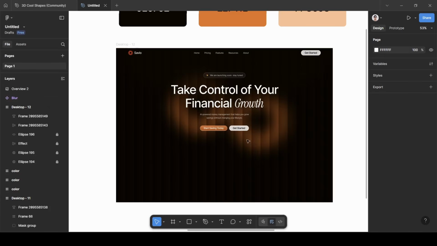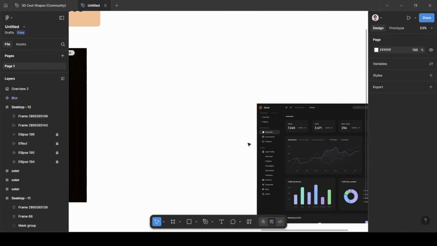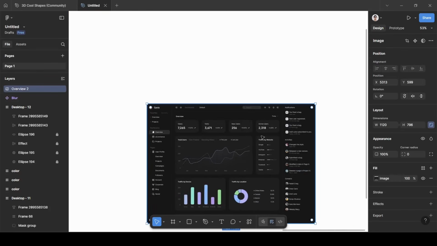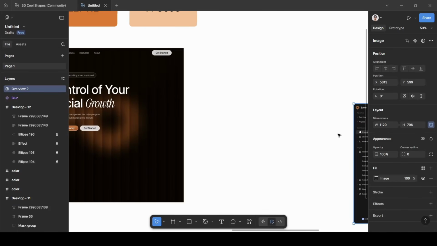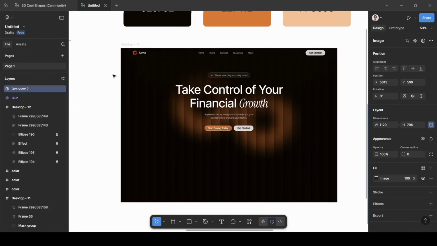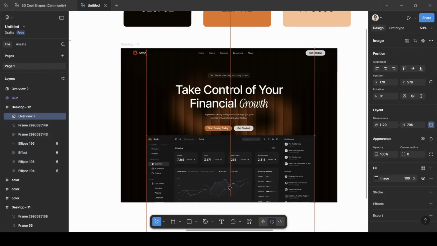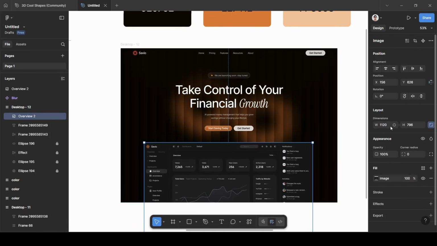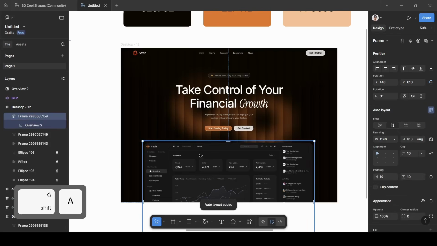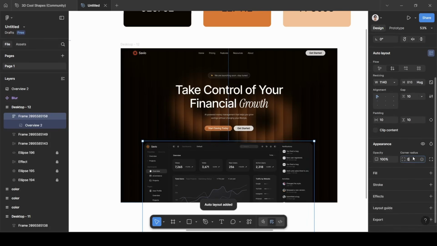So we need to place the dashboard image there. I already have the dashboard image there. I'm simply going to copy it, and you can also get this dashboard image in the link in the description. So I am going to paste it here. It will have a width of 1120 and a height of 796, and we should give it a corner radius of 20, and then we will turn it into auto layout, and the auto layout will have a corner radius of